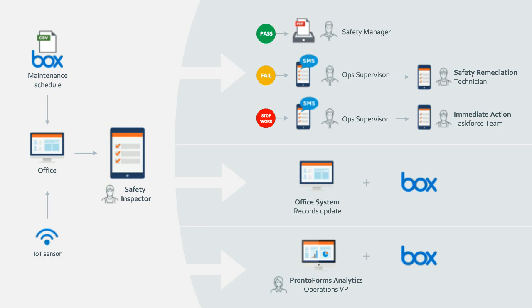Of course, we have lots of different customers using our solution in lots of different ways. So some have IoT triggers that trigger a work order to a technician out in the field or a site location inspection that needs to be done. And ultimately, that person out in the field has to begin their work. And as you can see, that three-layered approach, there's really a key element of what they're doing. If they're doing a safety inspection, and this is one example of a workflow, we can create unlimited workflows. It's very easy to configure how information flows and connects to different types of cloud solutions and or triggers in a contextual way,